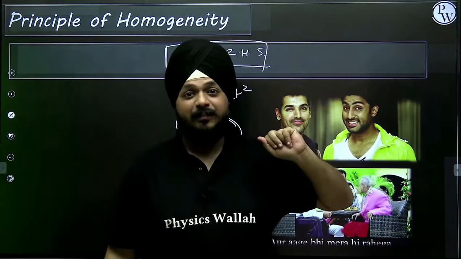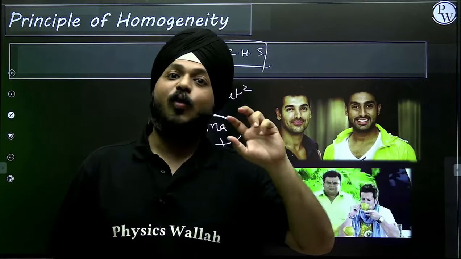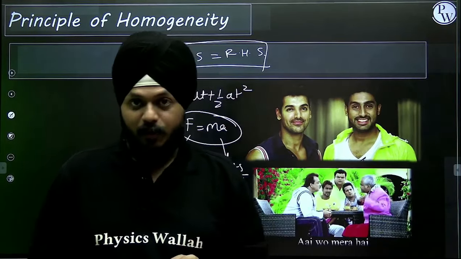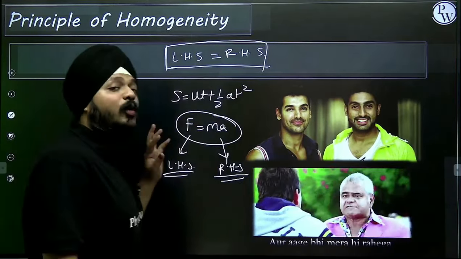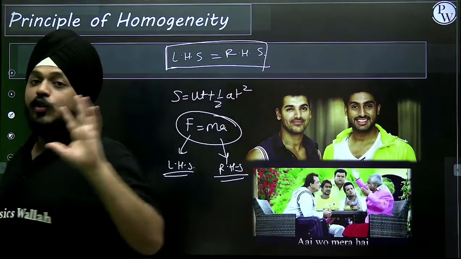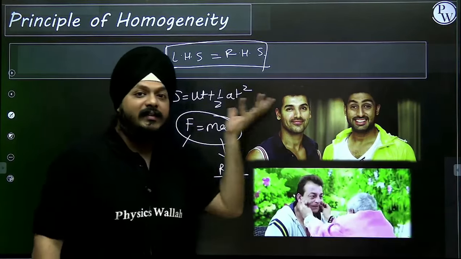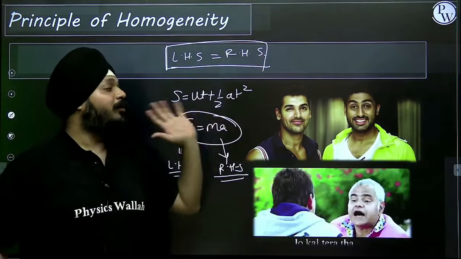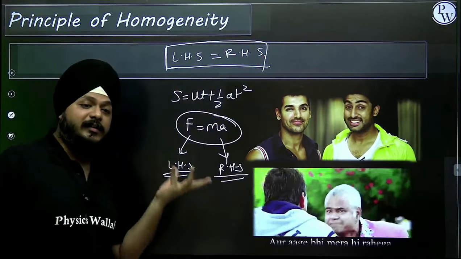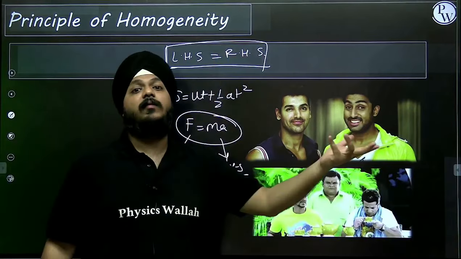Apart from this, there are three to four noteworthy points, and those are quite important from the question point of view. Those points we are going to include in the question solving approach. First of all, is the principle of homogeneity clear? The most technical definition: whatever is on the LHS, we have on the RHS. Dimensions on the LHS are equivalent to the RHS.